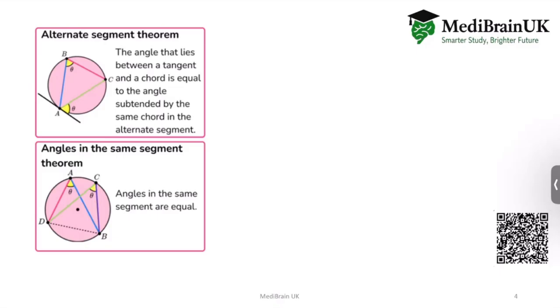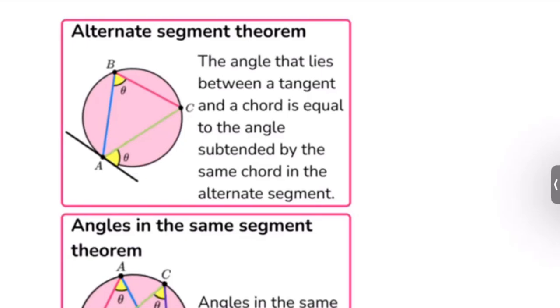For the alternate segment theorem, you don't need to explain anything. You just need to write down alternate segment theorem. That's the rule that you used to get to the final answer. And this will make more sense when we look at some exam questions. But in terms of the alternate segment theorem, this is probably the most complex rule that you could be faced with. What this is saying is that when you have a tangent that is meeting a chord,